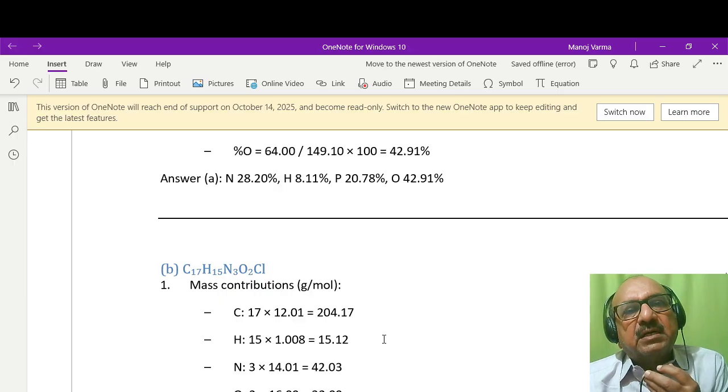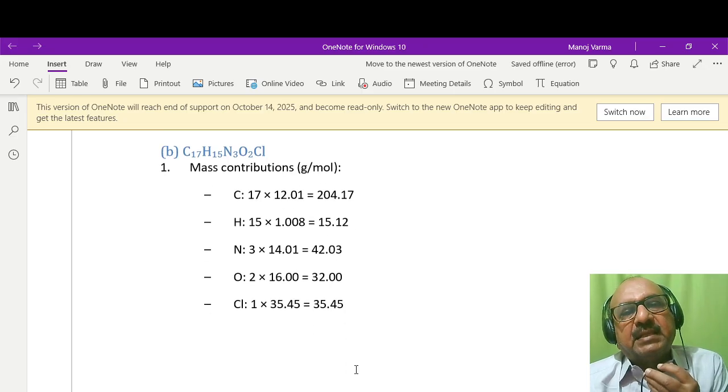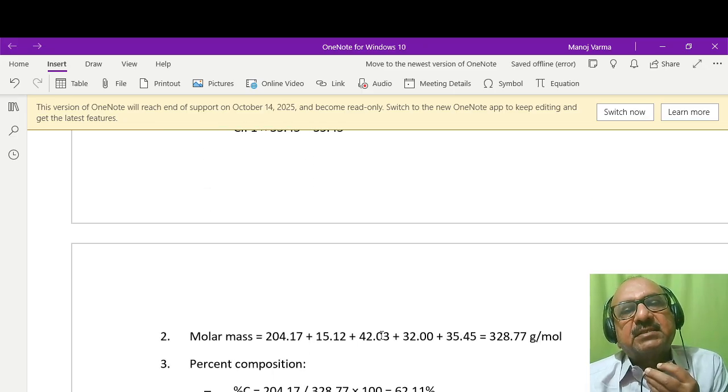So this is a similar problem, but it has got more number of elements, and so it will take more time for calculation, but the method remains the same. There are 17 carbon atoms, 15 hydrogen atoms, 3 nitrogens, 2 oxygens and 1 chlorine. Multiply by their atomic masses, which you can find from the periodic table. Find the total for each element. If you add up all these values, you will get the total molar mass of the compound, which turns out to be